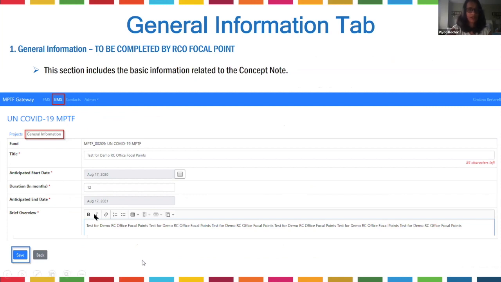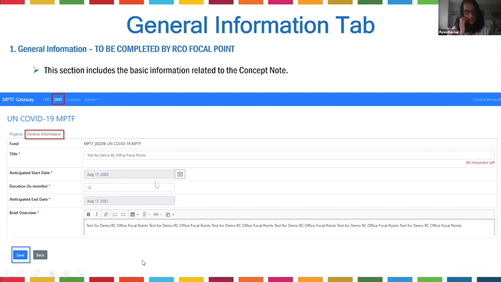This is the pre-populated set of sections that show up for you when you create the concept note. There is the general information tab, which is the starting point, the shell or the outline of the concept note. What you see here is a certain nomenclature that comes from the fund. For the title, we do ask you to use the naming convention either for funding or for pipeline, and then colon, the title of the concept note, because then that'll allow you as well as all your other colleagues to be able to see which concept note to look at if you're looking at the one that is for funding or for the ones that are for pipeline. So we do ask that you put that right up in the title.